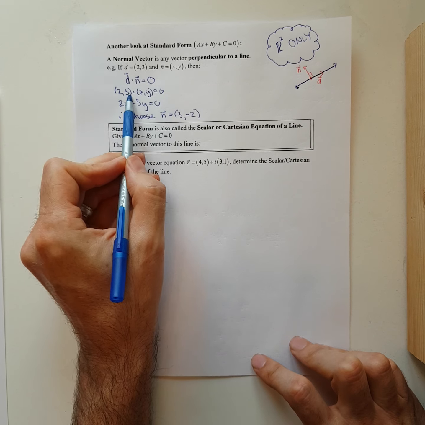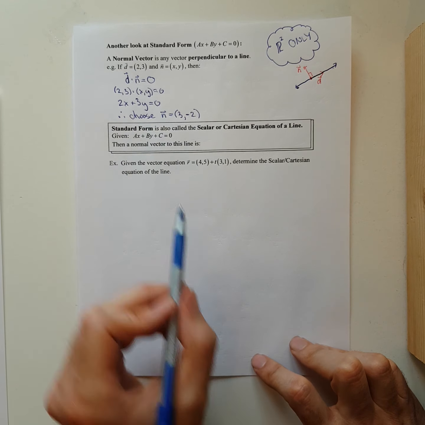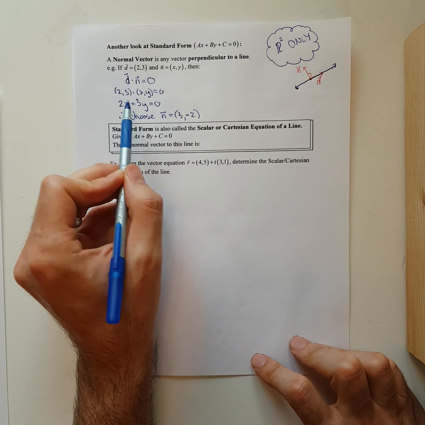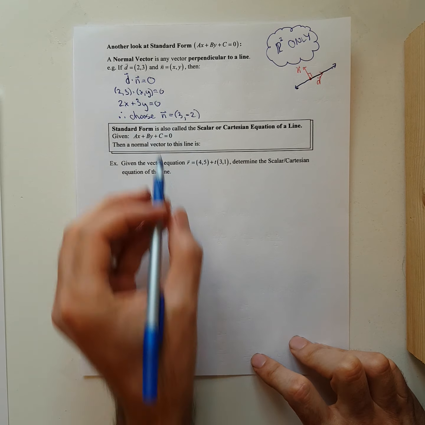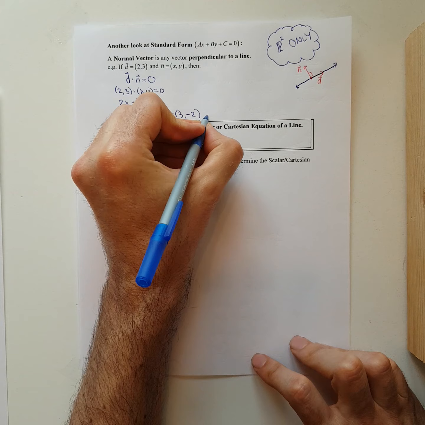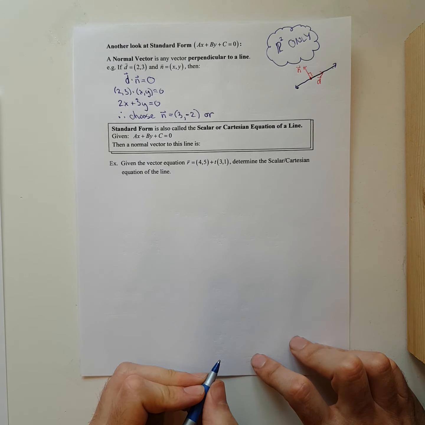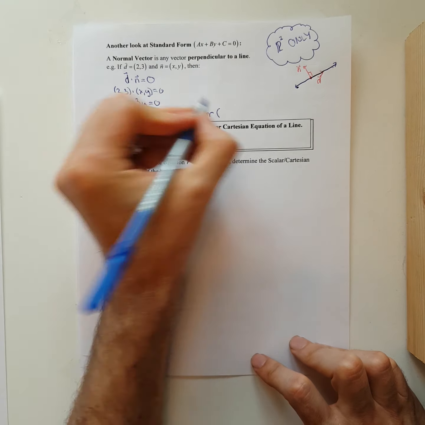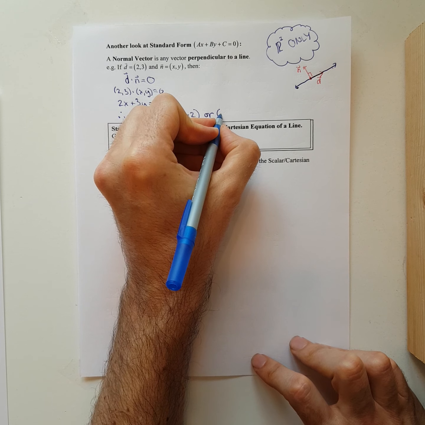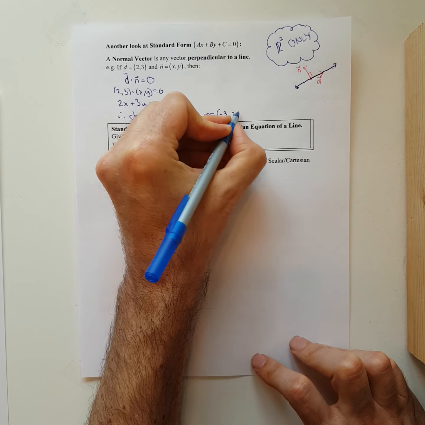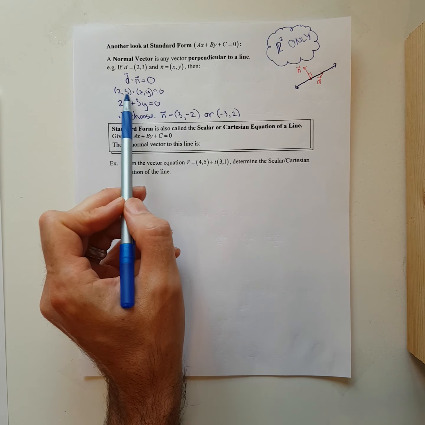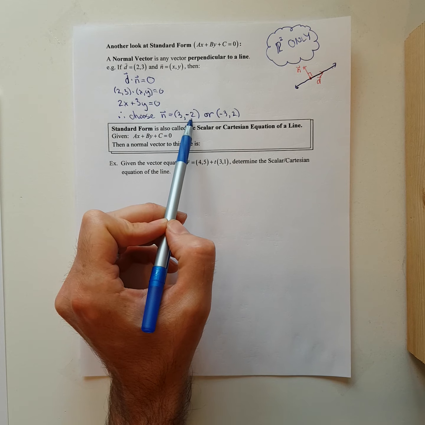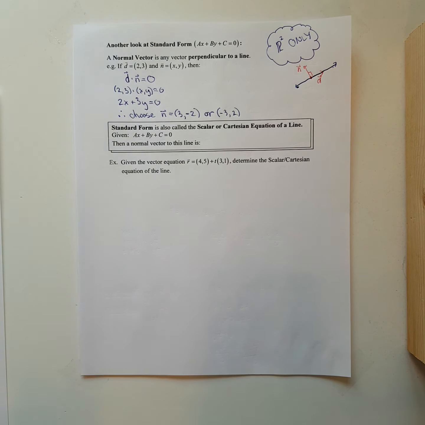So I'm switching these around and just make one of them negative. And now I would have 2 times 3 is 6, 3 times negative 2 is negative 6, and that gives us 0. So it's a really easy way to find a normal vector. Or the other one, we said let's switch them and make one negative. It doesn't matter which one you make negative. So I would probably choose one of those 2 as my normal vector, where I've just taken my direction vector,